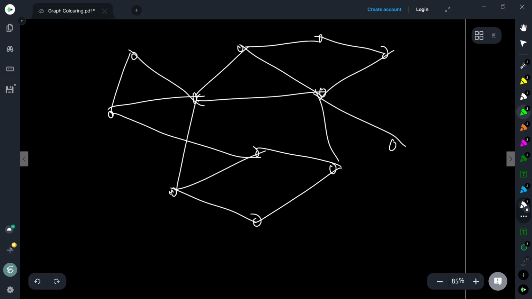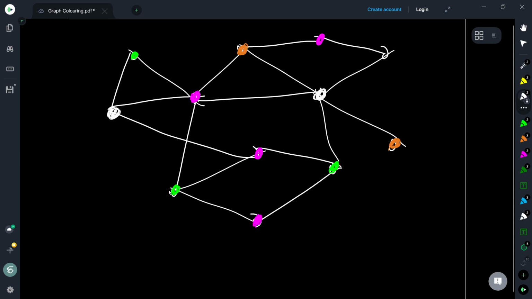Now, if you take any proper coloring of this graph, and then let us say that I pick up